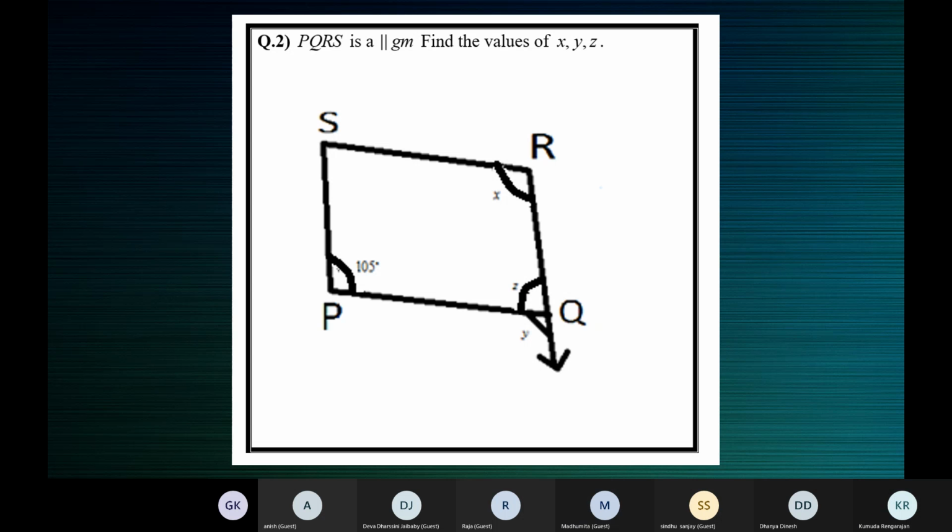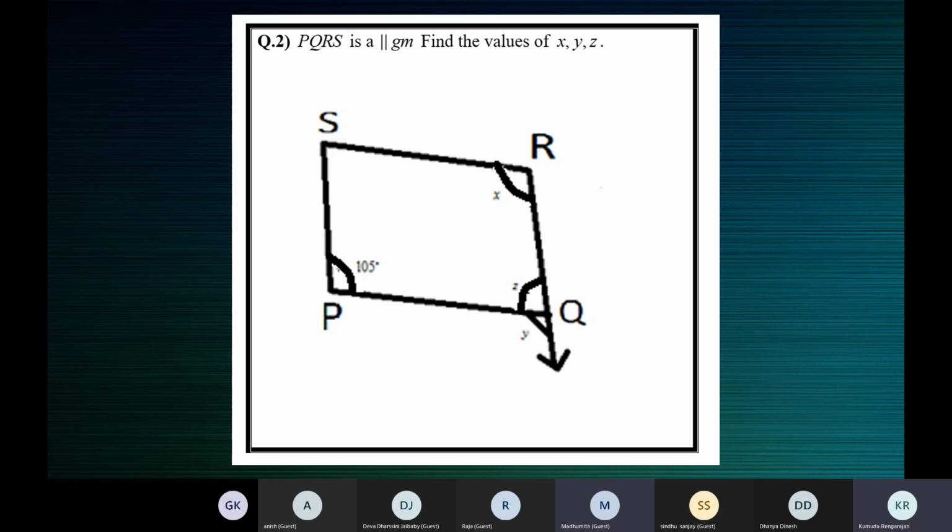No, when we say X is equal to Y, corresponding angles are equal. In that case, which are the parallel lines? The parallel lines and the transversal will be different in this case. Ma'am, the transversal is PQ. Ma'am, the transversal is RQ and parallel lines are SR and PQ. Come again. SR and PQ are the parallel lines, ma'am, and RQ is the transversal.